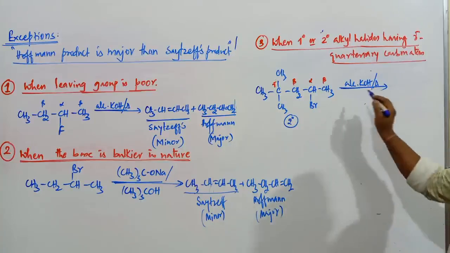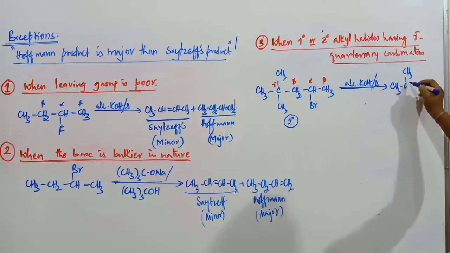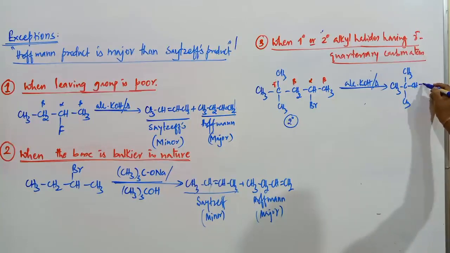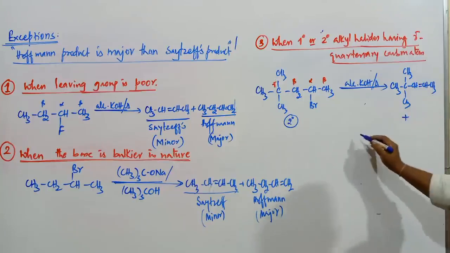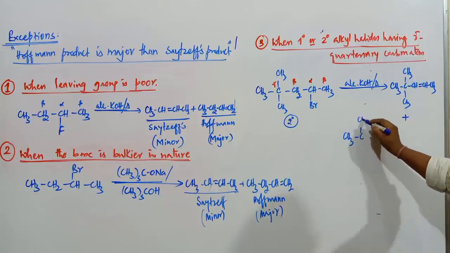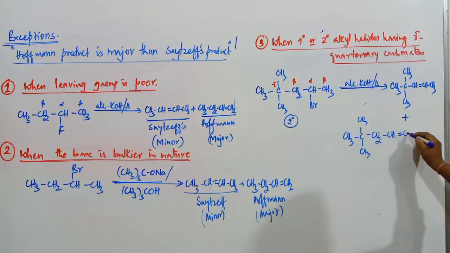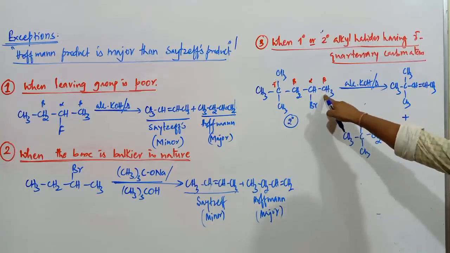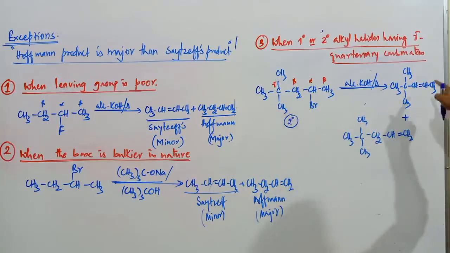So what are the two different products here? One product is going to be CH3, this is C, carbon, this is methyl group, it is CH2, okay, this is CH, double bond CH and CH3. This is one product. What is another product? Another product is CH3, CH3, this is CH3, it is CH2, this is CH, double bond CH. If elimination of hydrogen takes place from this carbon atom, it is this compound. If elimination takes place from this beta carbon atom, this is the product.